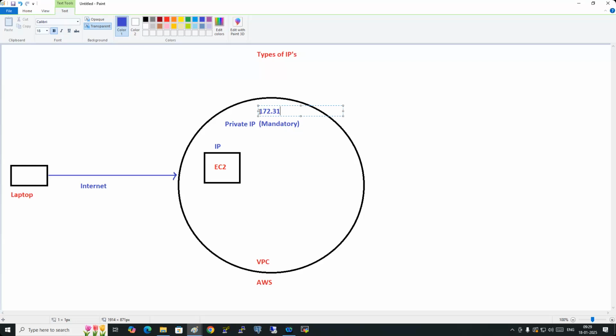Remember, every region contains a default VPC or not? Every region contains a default VPC. We have learned this already. For that VPC, you have a range. For every VPC, there will be a range. It can be any range. But in our Mumbai region, AWS is giving a default VPC with the range